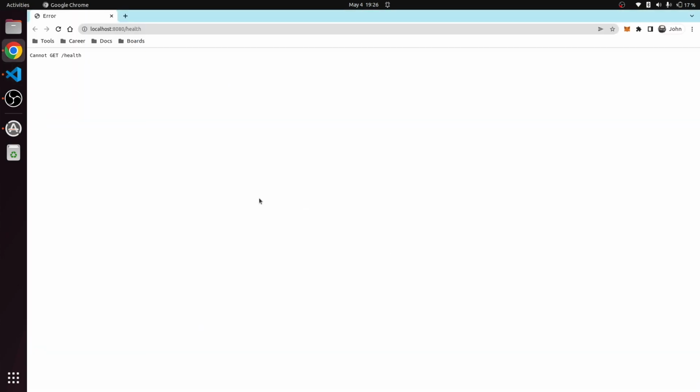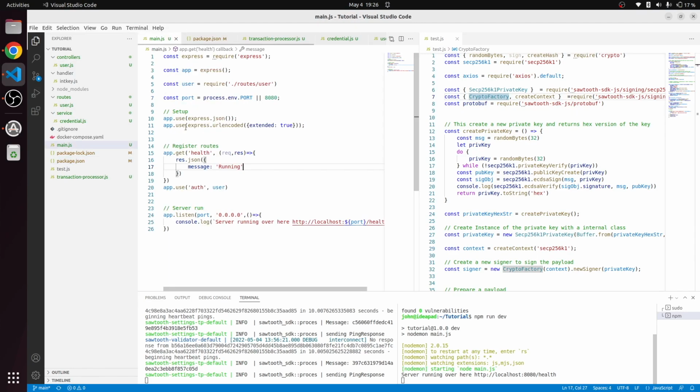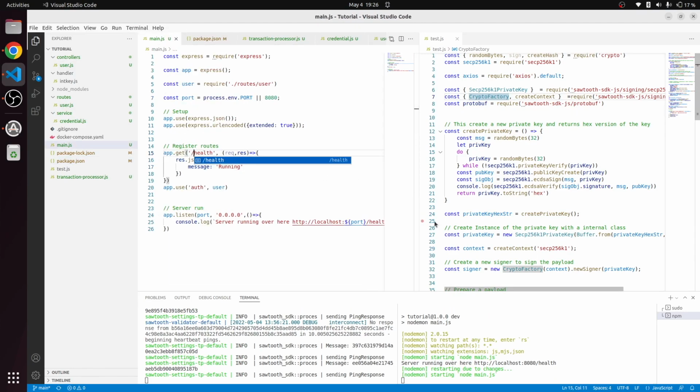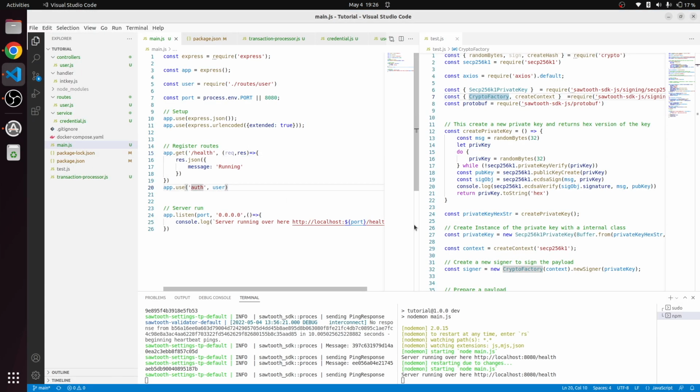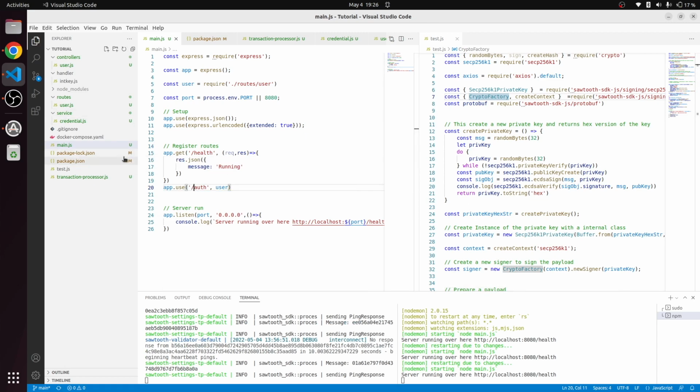If we hit the endpoint, okay, so there's some issue. The issue is we have to add a slash before, so it could be registered as an actual endpoint, and yeah, it's working. Okay, we'll do the same thing for the auth.js, and to test the auth endpoint, it's a post request,